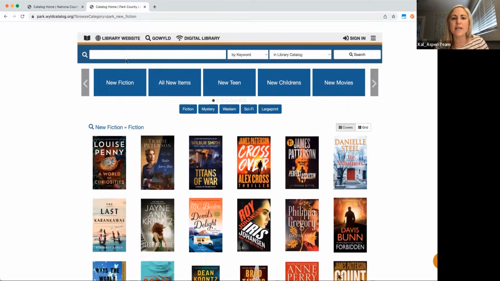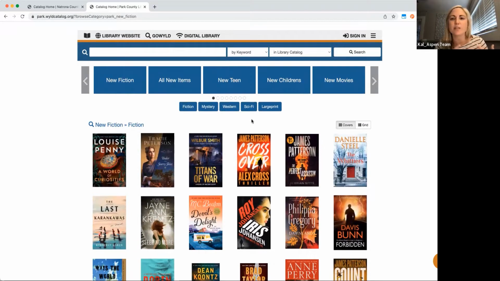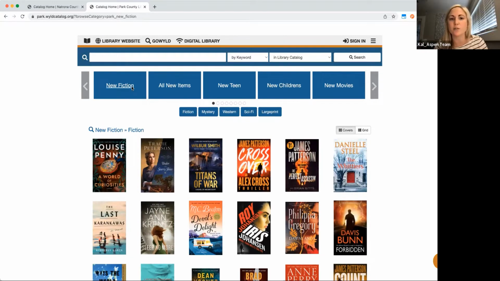In ASPEN, we have what we call browse categories. So again, these become kind of like your themed displays. So your staff and your admin team going forward are able to maintain and create these based off of any topic that you like. So right now, a lot of the libraries are set up with a few default things like new fiction, new teen, new children's, new movies, but there's endless opportunities for what you could feature on your site.